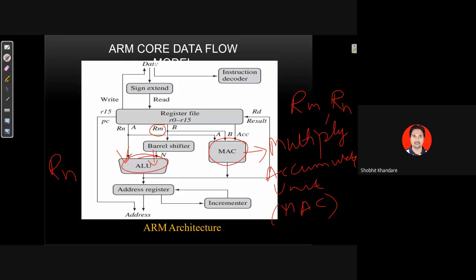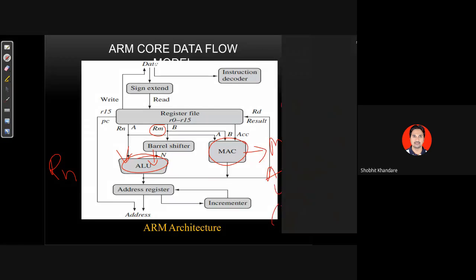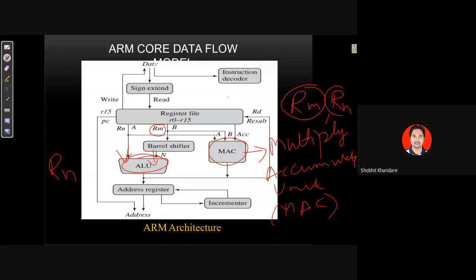Now we will see what is the function of this barrel shifter. Okay. मैंने आपको बताया था कि मेरे 2 इनपुट ऑपरेंड है, RM और RN. RN तो इधर से आ रहा है डायरेक्टली ALU में, लेकिन अगर दूसरा ऑपरेंड जो है वो RM जो है, ओके, वो डायरेक्टली ALU में नहीं जा रहा है, it is going through the barrel shifter. इसका मतलब है अगर एक ऑपरेंड में, ये जो RM का जो ऑपरेंड है, अगर इस पे ALU ऑपरेशन के करने के पहले अगर मुझे कुछ शिफ्टिंग ऑपरेशन करना